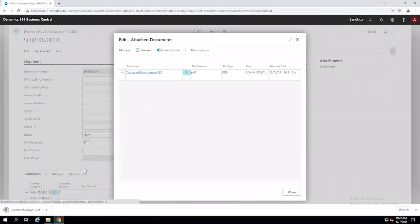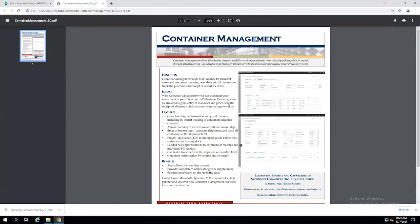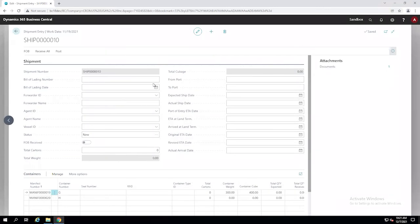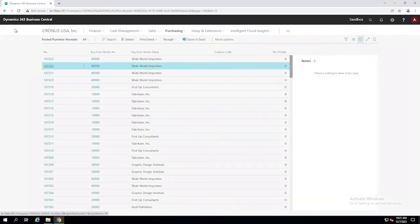And at any point, you can come back in, get that PDF and have access to what your forwarders or your consolidators sent you. So you have that full audit trail. Right now, I'm sure you might have some network drive or something like that. Well, this now gives you, without naming them a certain way and looking that up, that pure attachment directly to your shipments you're creating within the system for that full visibility. So that walks through the basics of the process from creating a shipment to FOBing to